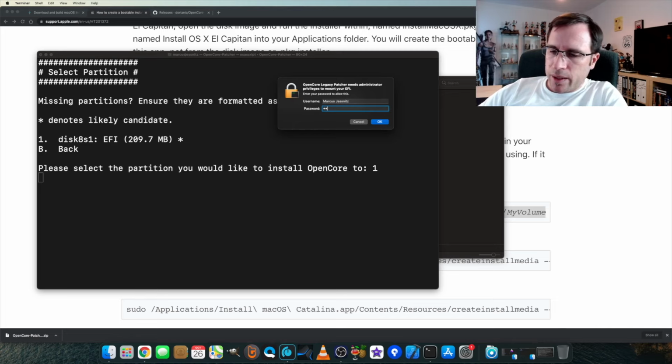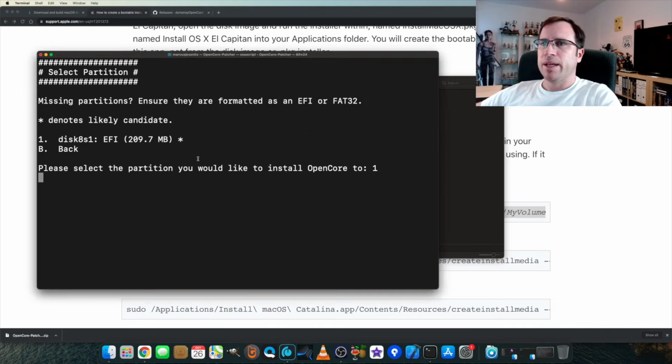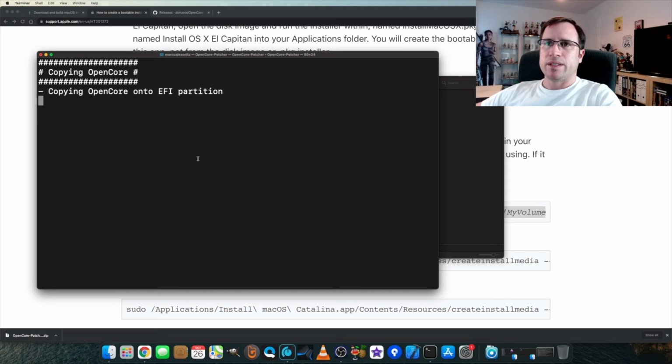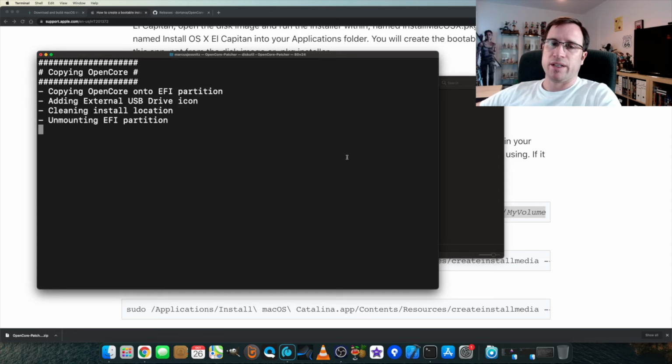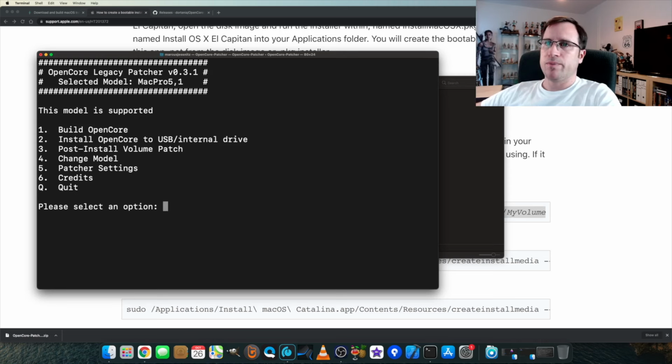As sudo means super user, we have to enter our password. And now it's copying OpenCore onto the EFI partition of the USB drive that was created before. Already done. Hit enter to continue, and we're good.